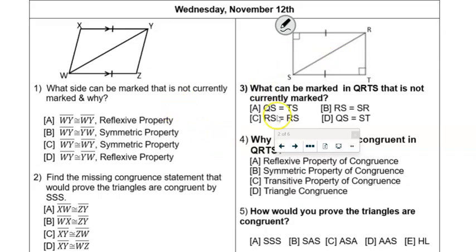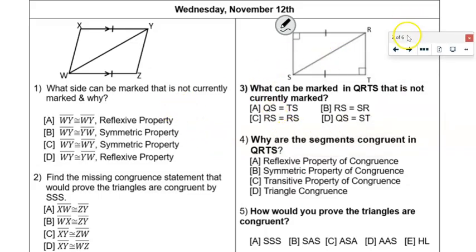So this is our first problem that we had last Wednesday. It says what sides can be marked that's not currently marked and why. So we would mark our shared side. And recall that this angle up here would be congruent with that angle down there because they're alternate interior angles, right? So that means if we are going from WY,